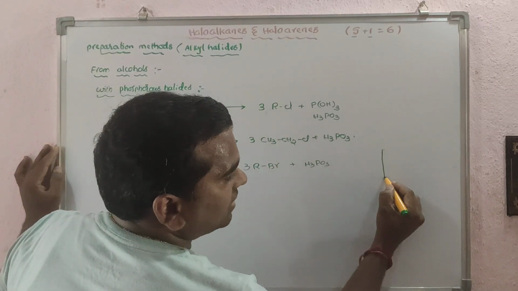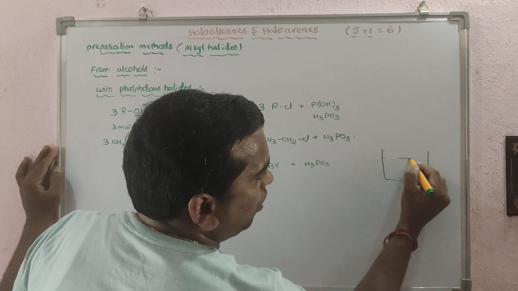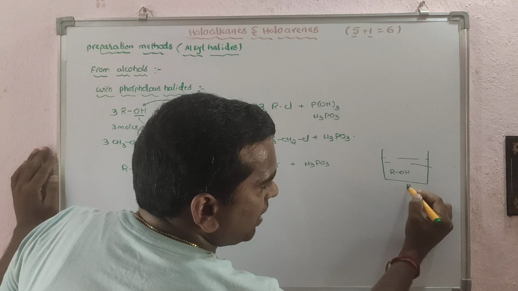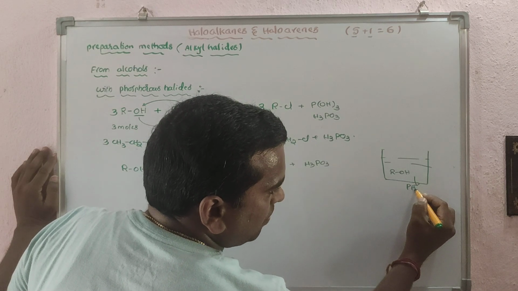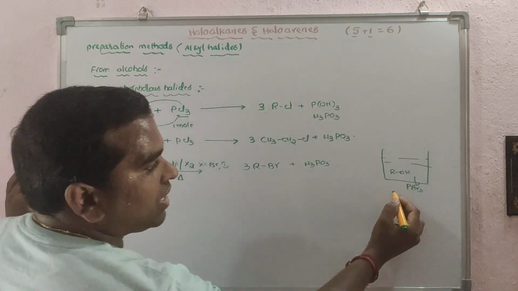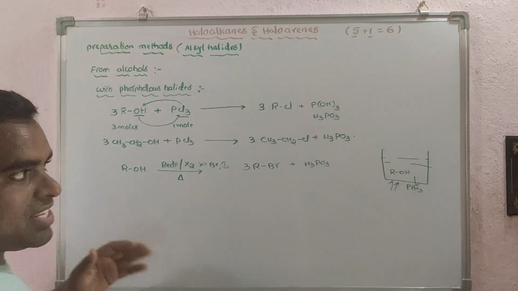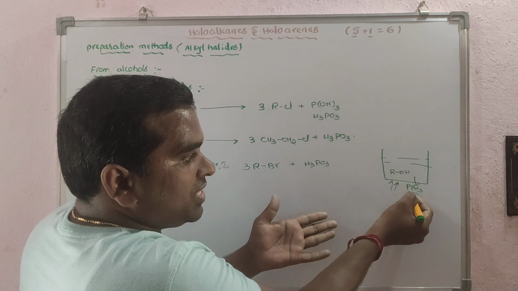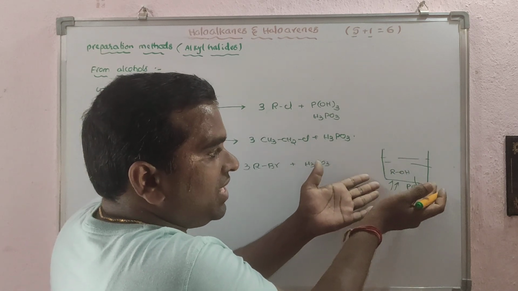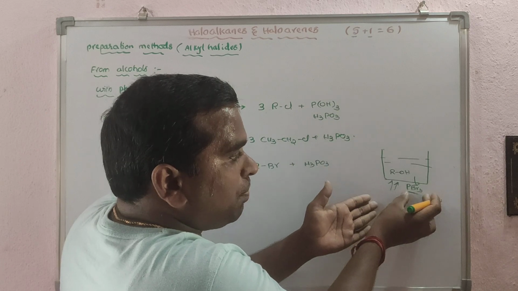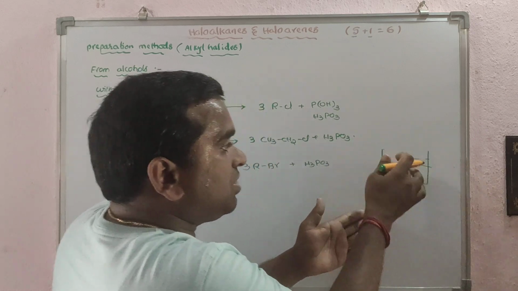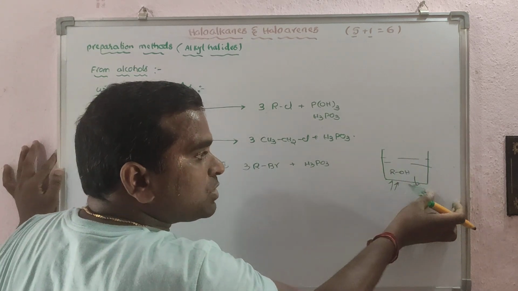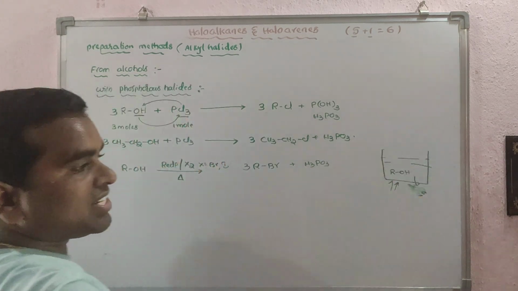See, I will take the compound, alcohol, here. Suppose I add PBr3 to this alcohol, and then I heat this. When I start heating, before PBr3 reacts with ROH, because you know it is an unstable compound, the PBr3 decomposes, so it will not react with the alcohol. So you have to prepare this PBr3 in the reaction itself.